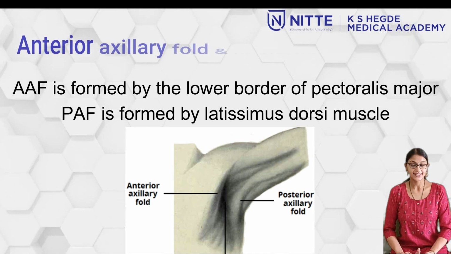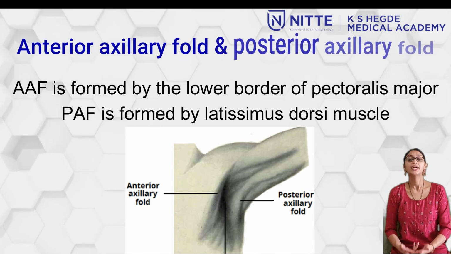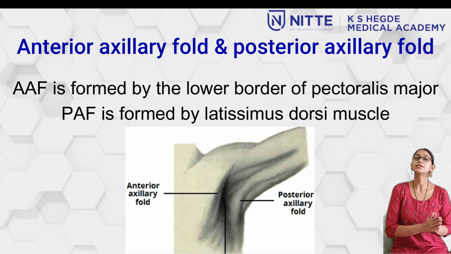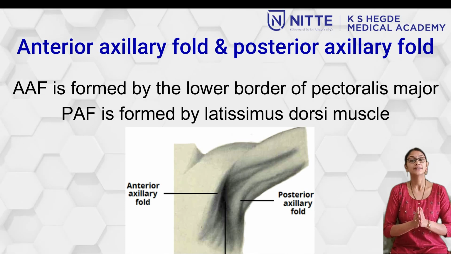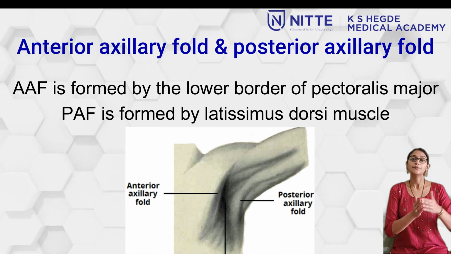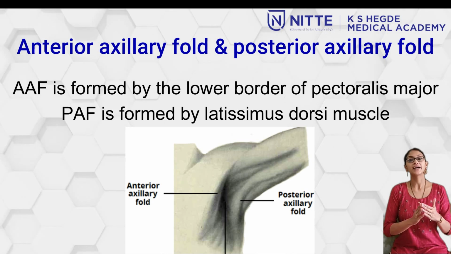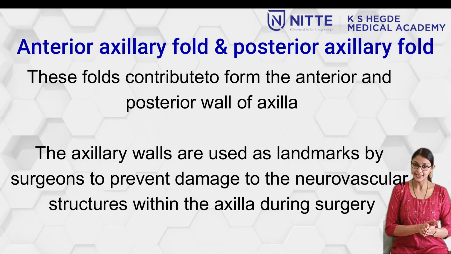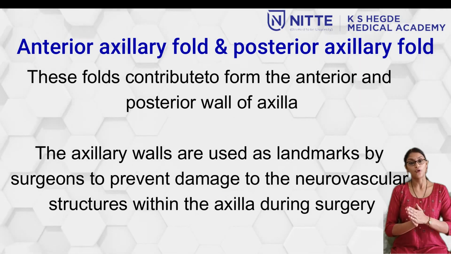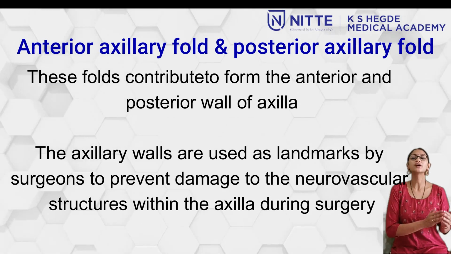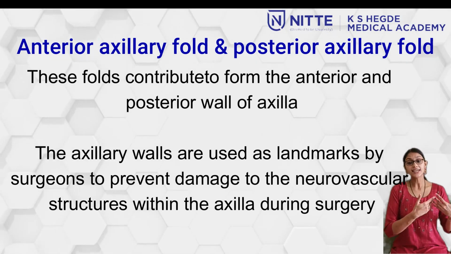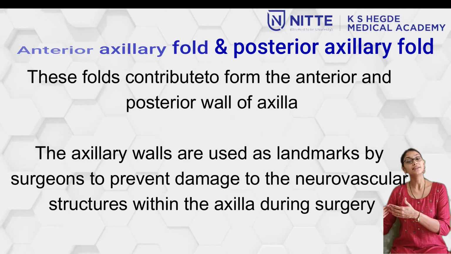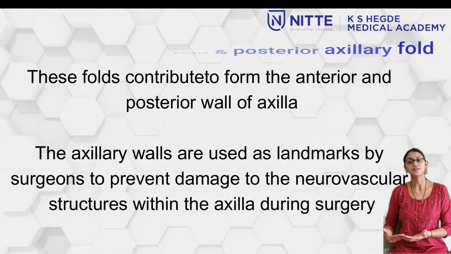The anterior axillary and the posterior axillary folds. The anterior axillary fold is formed by the lower border of the muscle of the pectoral region, that is pectoralis major. And the posterior axillary fold is formed by the latissimus dorsi muscle. These anterior and posterior axillary folds contribute to form the anterior and posterior wall of the axilla. These axillary walls are used as landmarks by the surgeons to prevent damage to the neurovascular structures within the